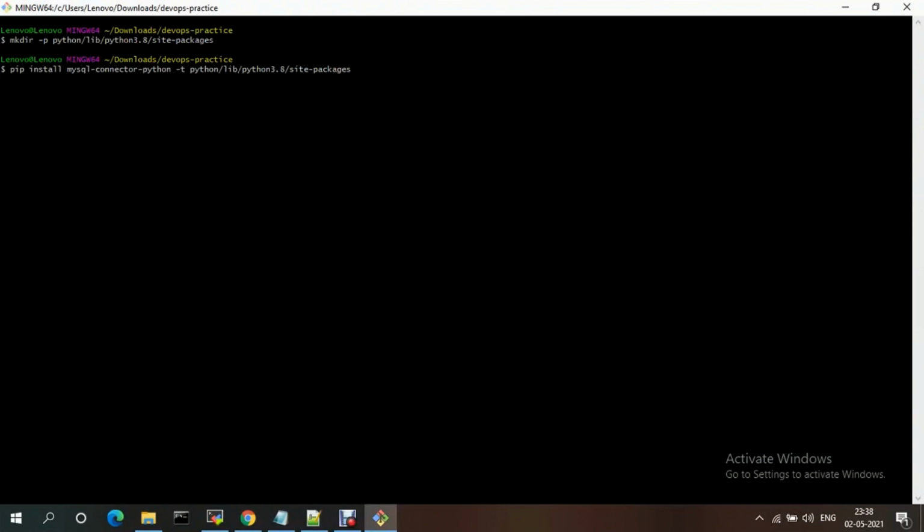Here -t means target. The MySQL connector should be downloaded under site-packages. Once it is installed successfully, we can zip it and upload it.